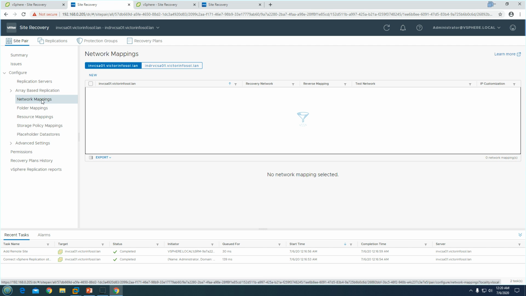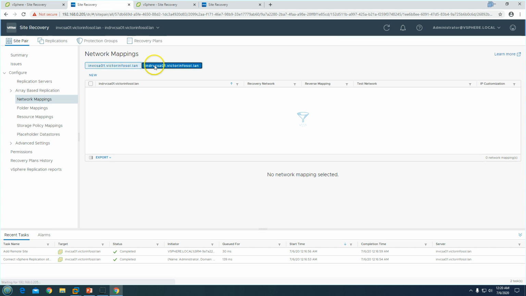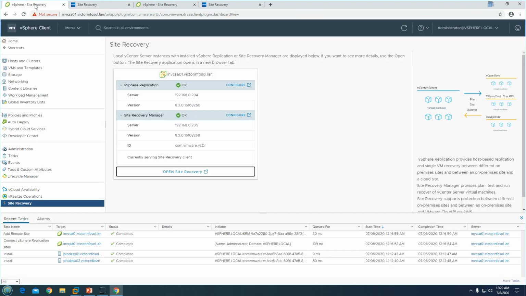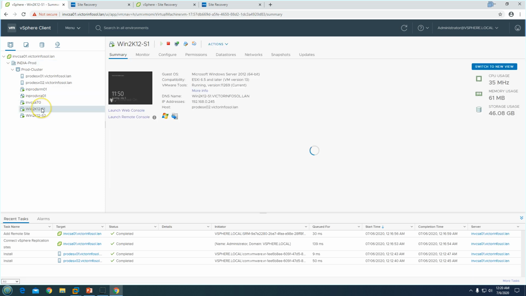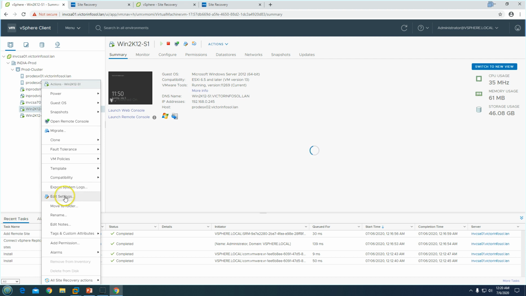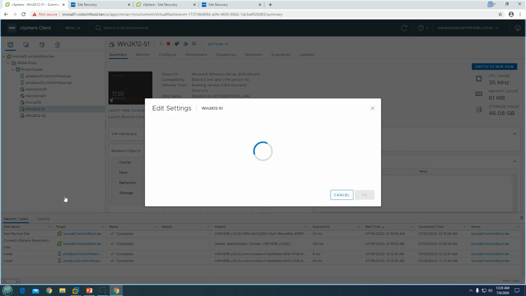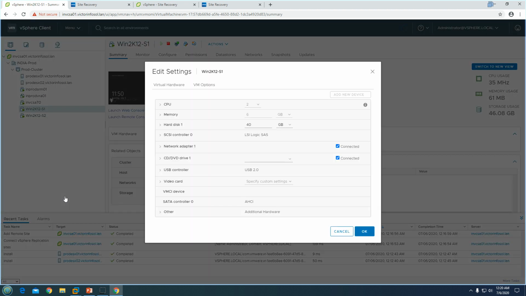So this is my network part, which is one of the most important things. For example, if your virtual machines are mapped to some specific network and you want to migrate those machines to the DR site and have them connected to a network, then you have to assign the network ports for the communication on the DR side.